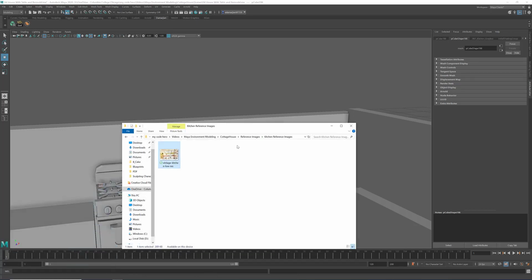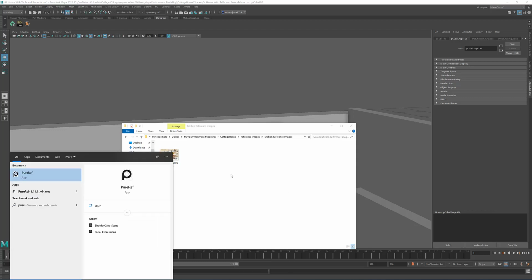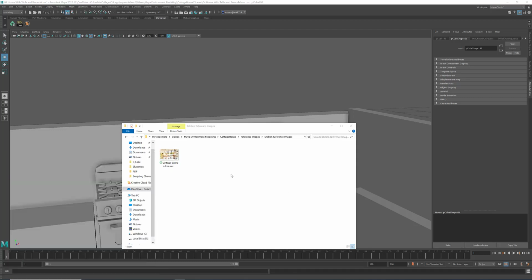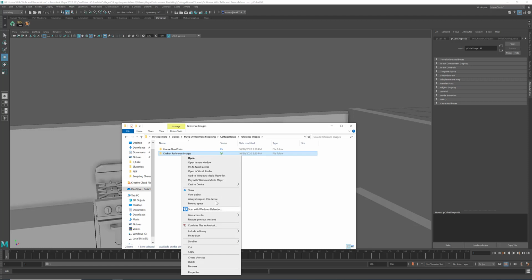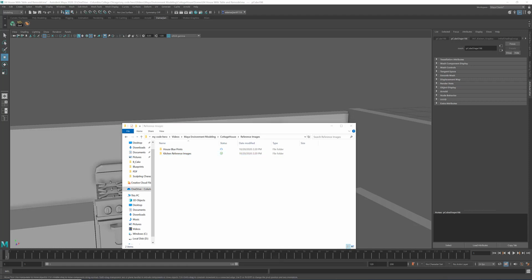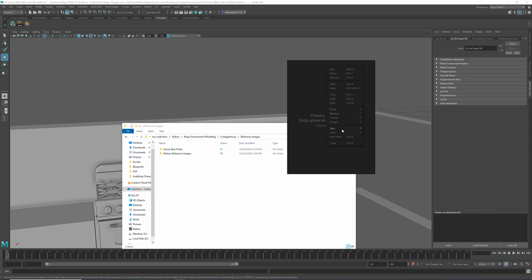Let's go ahead and create a PureRef inside of this folder. So I'm going to hit space and just do PureRef. And what I'll do is just right click and send to desktop. I'll create a shortcut there. And that way when I go to save this,